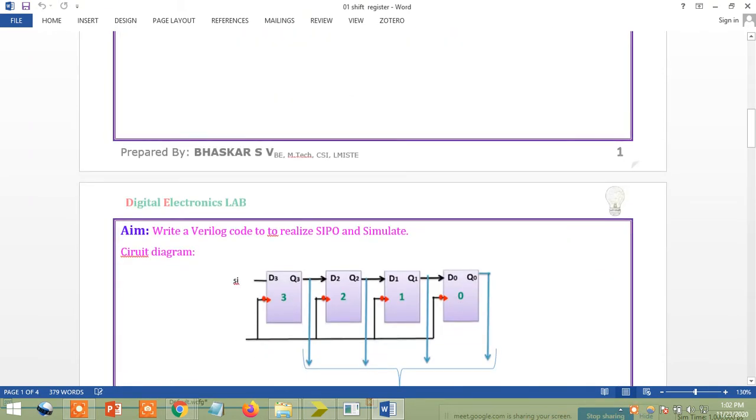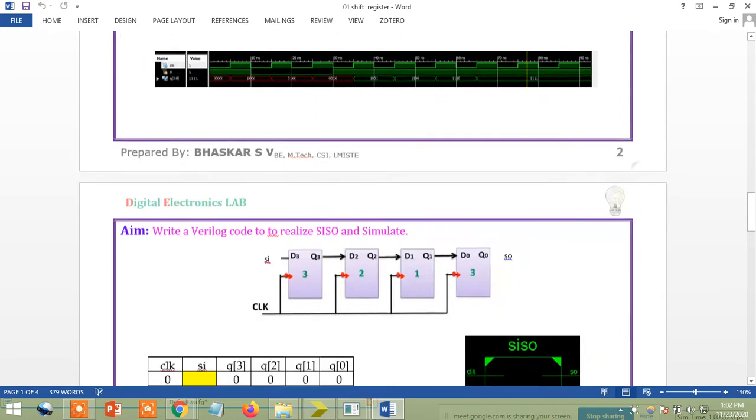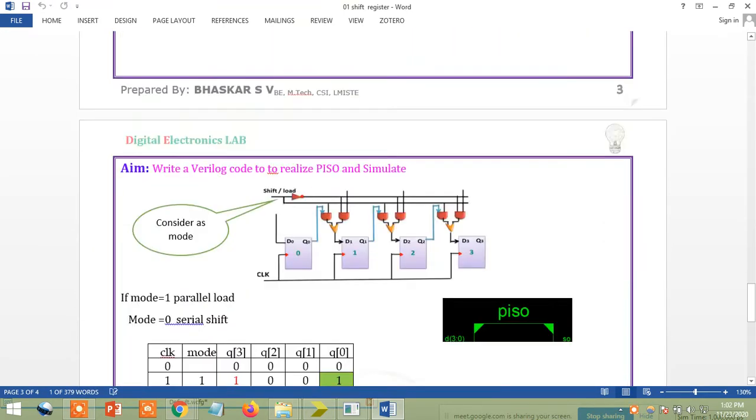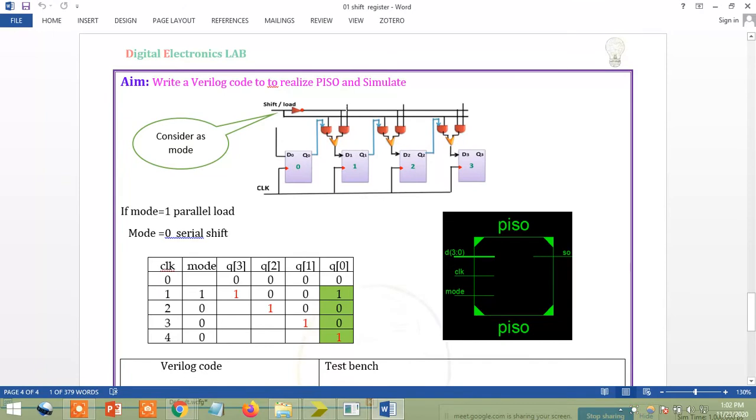Serial output, where is that serial output? It is a parallel out, and you have taken a last program that is serial in serial output. I'm going to use serial output. These two concepts I'm going to combine and write the program. See, here it is. That's why I'm going to explain when we come to theory. So parallel in serial output means this is the circuit diagram of what I explained in theory.